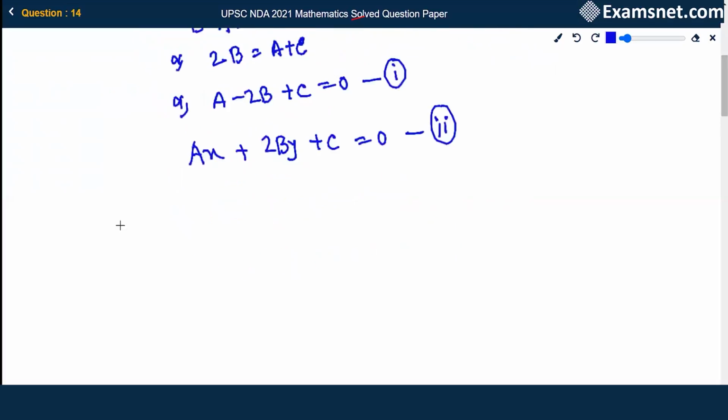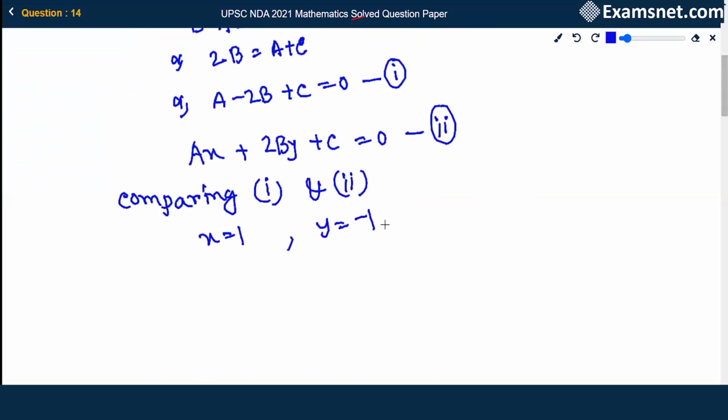So comparing 1 and 2, we can write here x equals to 1 and y equals to minus 1. So the fixed point is